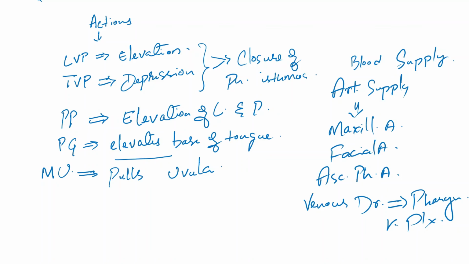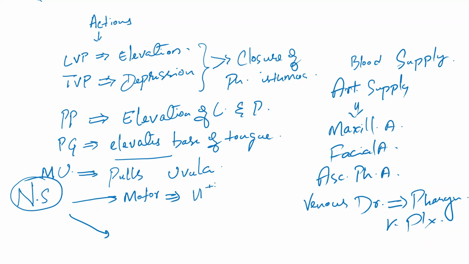Moving on to the nerve supply of the soft palate. In the nerve supply of the soft palate, we have the motor nerve supply and the sensory nerve supply. The motor supply of the soft palate is brought about by the cranial part of the accessory nerve. Out of the five muscles, all the muscles are supplied by the cranial part of the accessory nerve,